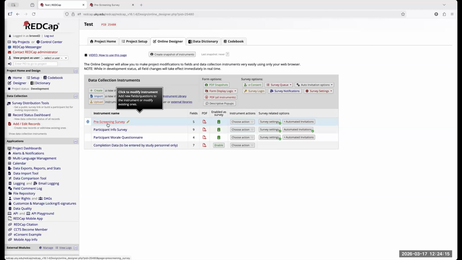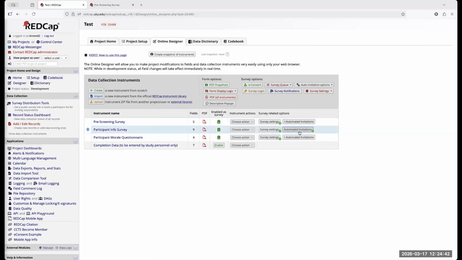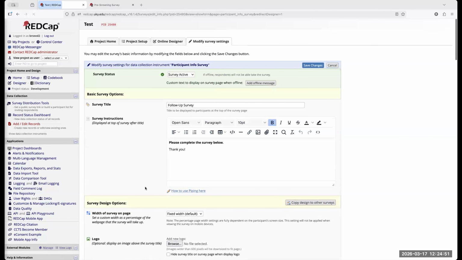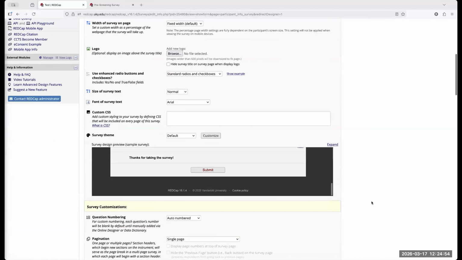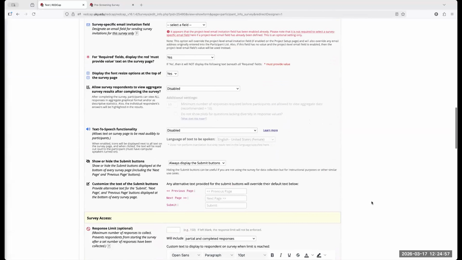That is the goal with using these features within REDCap, especially if it's a multi-survey project. If it's just a single survey, again, a lot of this stuff is not going to apply. But if you are using multiple surveys, you want to make sure that you have either the automatic invitation or the survey queue. I do not suggest using them both. I have seen projects where they've tried to use both of them and it simply confuses REDCap. REDCap doesn't know, okay, are we using this or are we using this? So keep that in mind. There's also one more setting that you can use that will confuse REDCap. Let's see if I can find it.